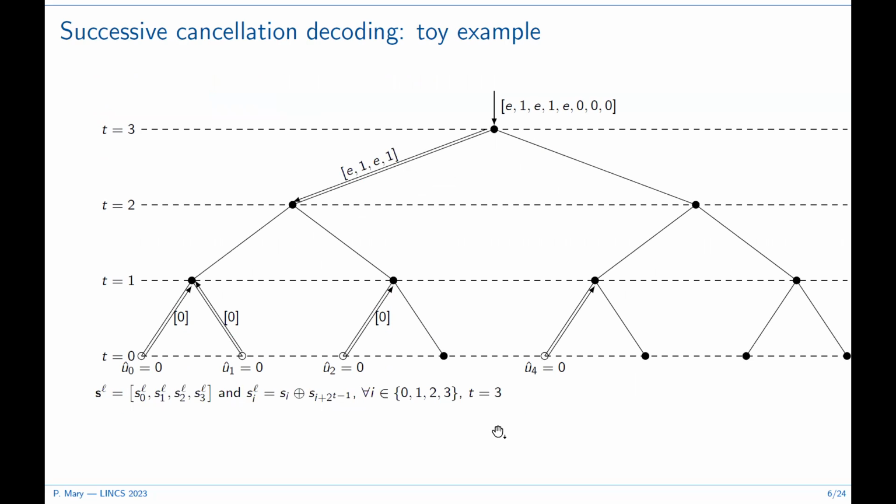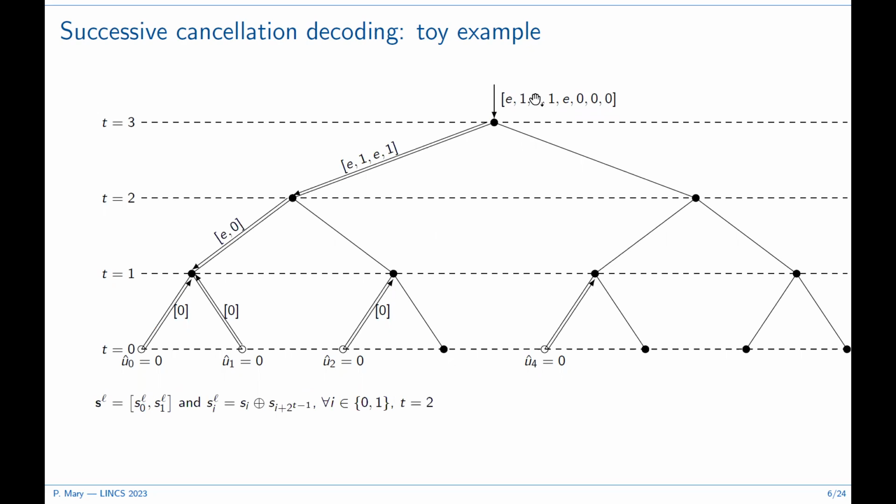So we start by computing the soft input element coming from the first edge, the left edge of the tree, which has 4 elements, depending on the XORing function of the elements of the incoming vector. Then we continue on the left, also by XORing the elements of this vector. We also have the soft input element coming from here, but it does not really matter because we already know the hard decision here since it is a frozen bit. And this hard decision is combined with these elements in order to produce this hard decision.